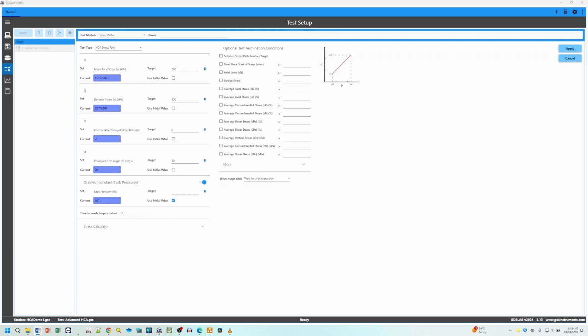An advanced HCA simulates various stress conditions on a cylindrical sample to observe its behaviour. This test type allows for precise control over the applied stresses, providing insights into how materials respond under different stress paths. So, to start off, you should be in your test setup, and then once you've gone into it, you